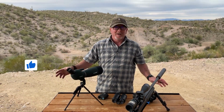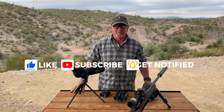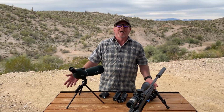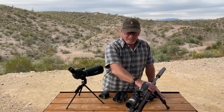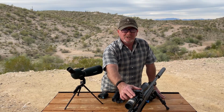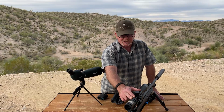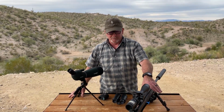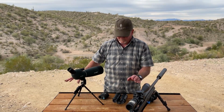Okay, so first of all, as I said, I say long range shooting, which to me is anything over 20 yards. But seriously, we're at several hundred yards. So first, you need a rifle. Obviously, this is my Savage Tactical 110 .308. I've got the Nikon M308 scope on it because that's the most magnification scope that I personally had. And .308 is a good cartridge. It's good out to 1,000 yards easily. Then you need